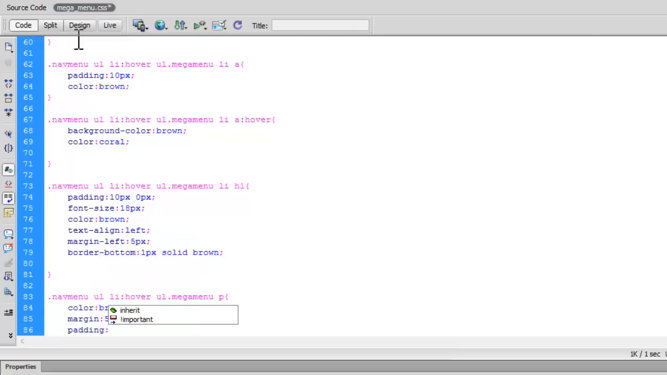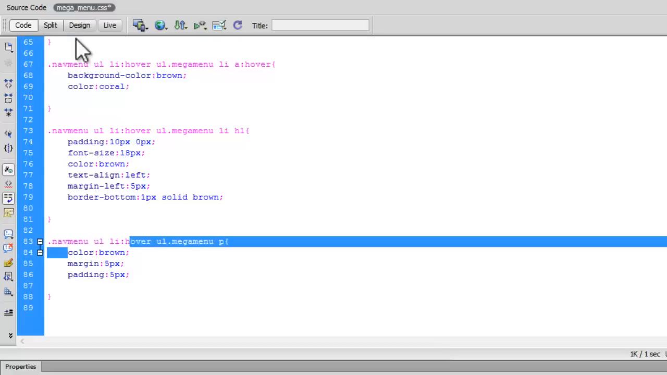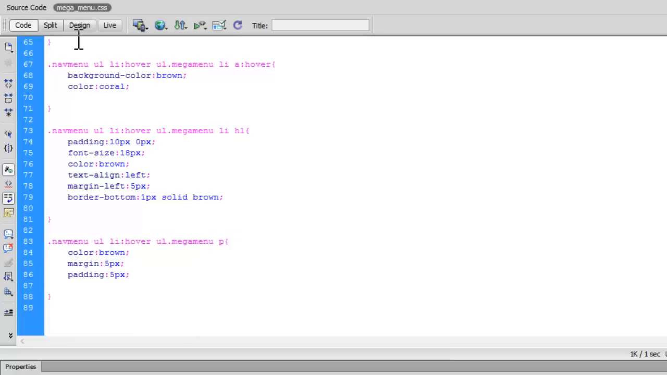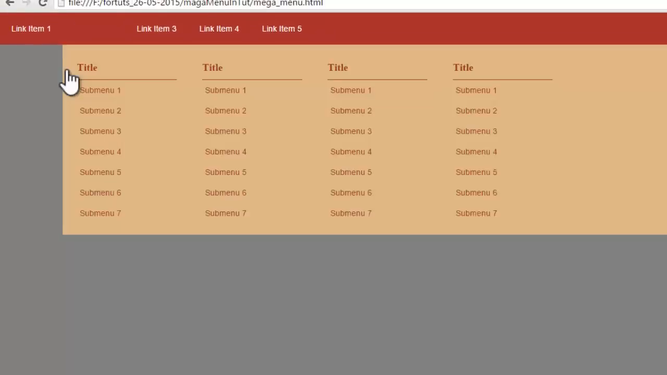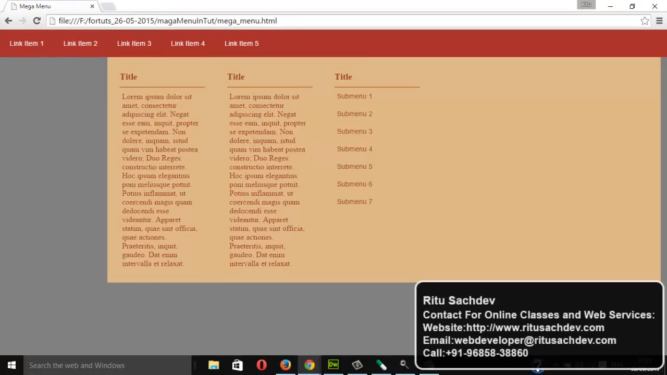padding again as 5 pixels. As we have applied color brown for all this anchor tag, P won't be affected here. P will still have the white color. So I have this color brown and margin 5, padding 5 pixels for this P tag. And let's reload now. You see this list item 3 is having this dummy content inside this P tag,